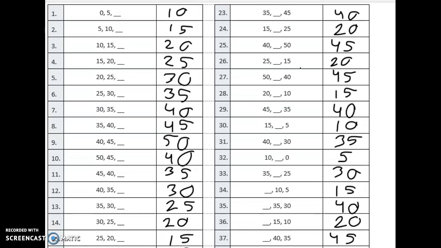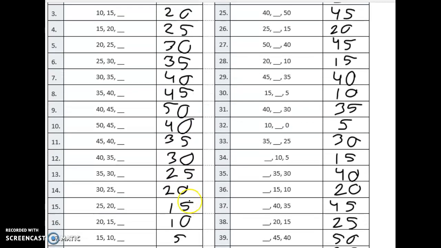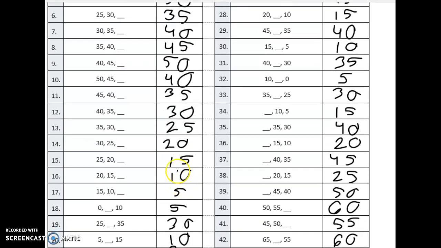When I say go, follow along with me and be ready to circle your correct answers. 3, 2, 1, go. 10, 15, 20, 25, 30, 35, 40, 45, 50, 40, 35, 30, 25, 20, 15, 10,